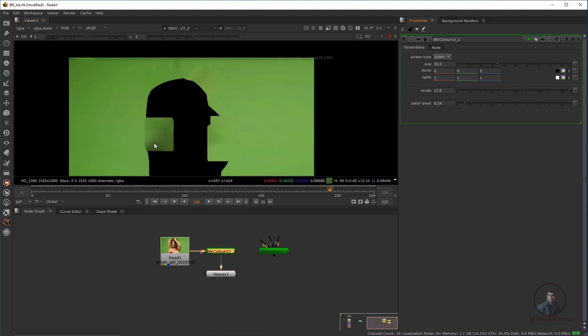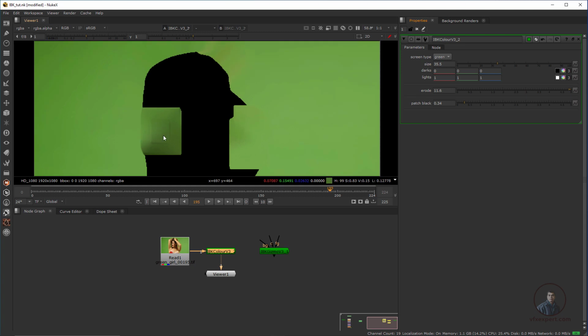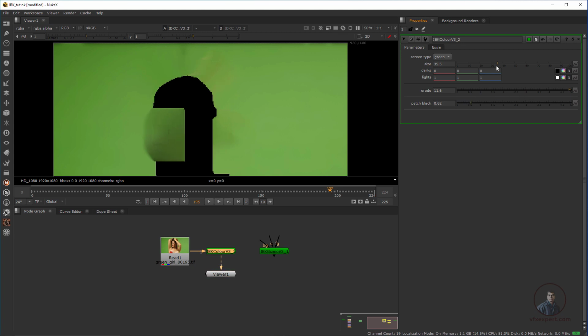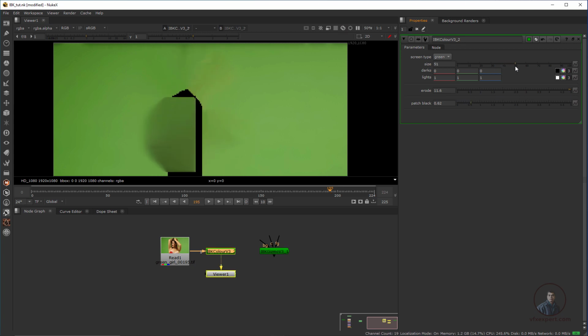Now here you can see, I think this is a little bit differently shaded. Here we have to create a simple green background, so there should not be any different color shades. So we have to adjust all these values here. If you notice this one also, we have to adjust erode. So click and use the middle mouse button to scroll.